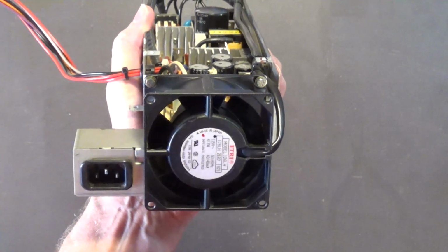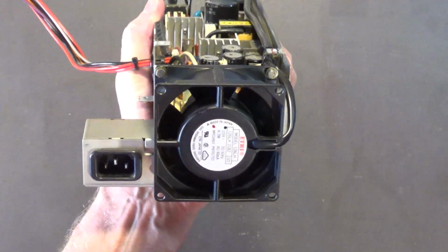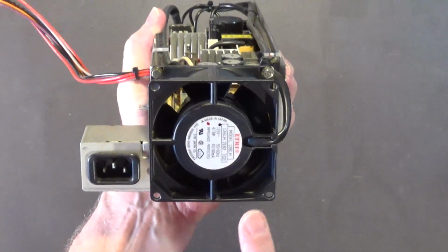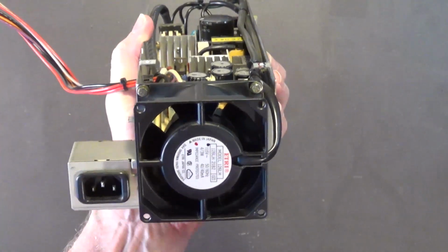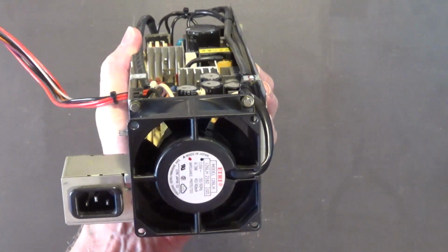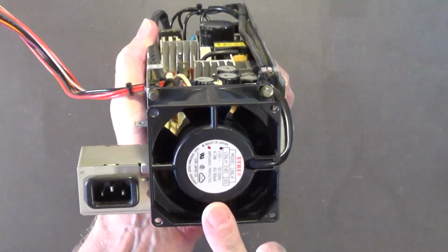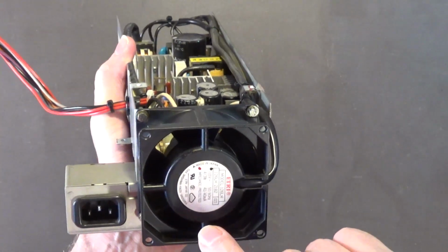Okay, if you want a high quality fan, and this includes case fans for your modern day PCs, you want to get a fan that is ball bearing, preferably one that's made in Japan like this one. These are very high quality fans. Now, ball bearing fans come in two forms. They're either single ball bearing or dual ball bearing. The dual ball bearing fans are of course higher quality fans. But even the single ball bearing fans, in other words, they have a single ring of balls, are